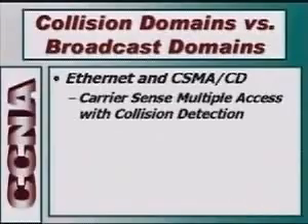The way that it all works is there is a method in Ethernet called carrier sense multiple access with collision detection. And what carrier sense multiple access with collision detection is, it's sort of like us driving our car. If we come up to an intersection and say there's no light, we look both ways, make sure there's no traffic coming, then we can go. But if there is traffic coming, then we have to wait until that traffic clears and then we can go.